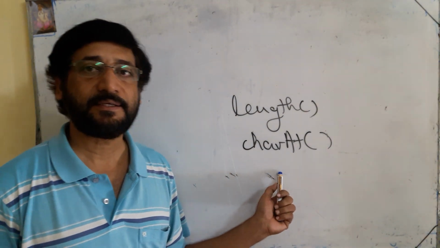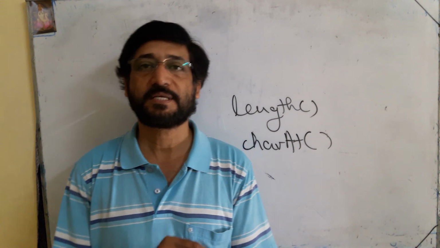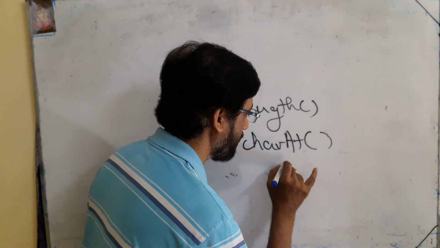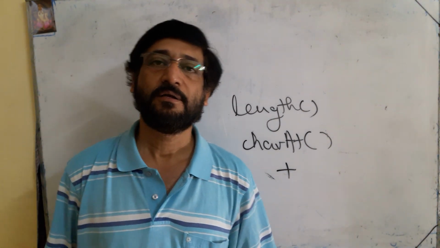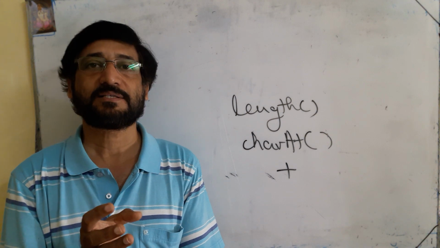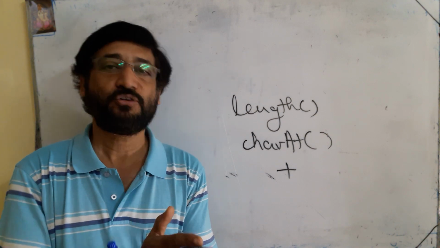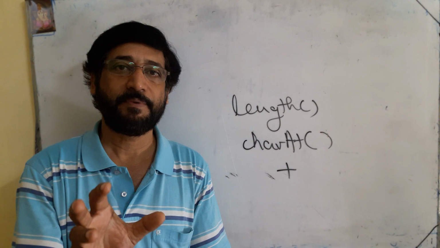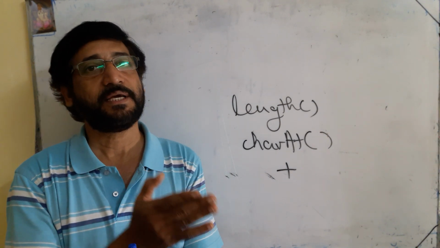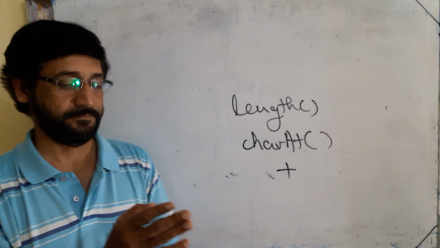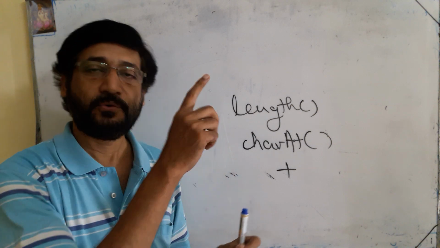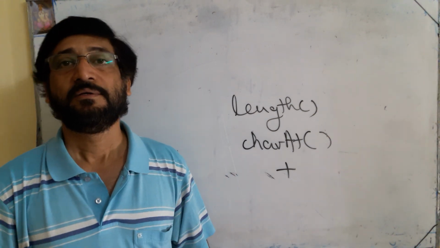After selecting the character, our purpose is to reverse the string. We have the concat operator, the plus sign. Using this operator, we can join or concat the selected characters, the characters that we have selected, back to back. We will take a string variable, and we will concat that character back to the string so that we can reverse it.